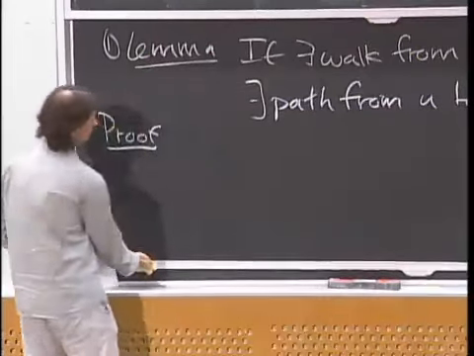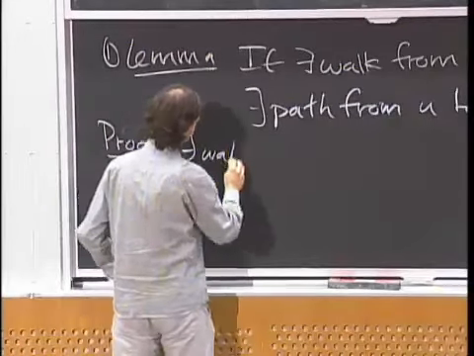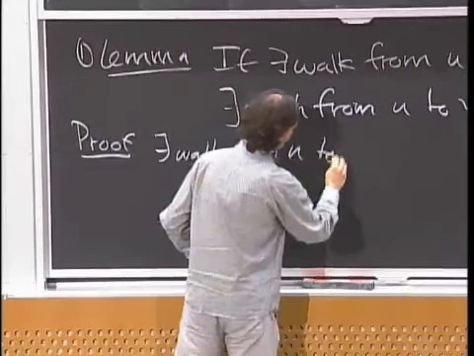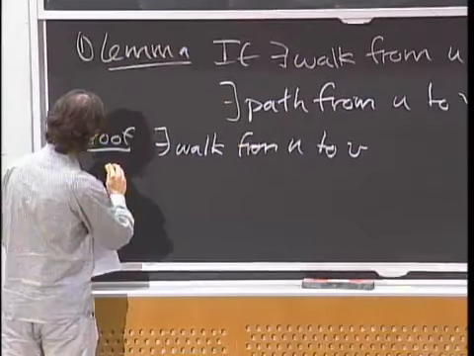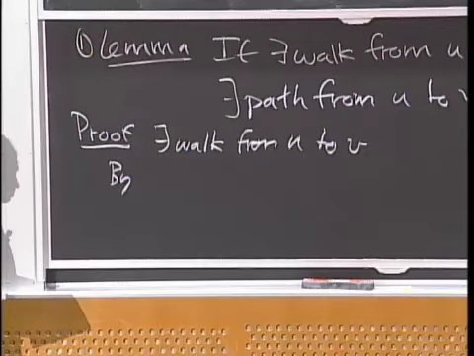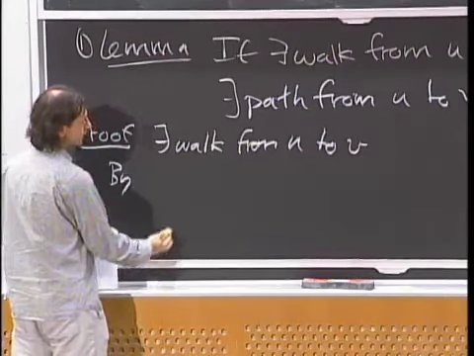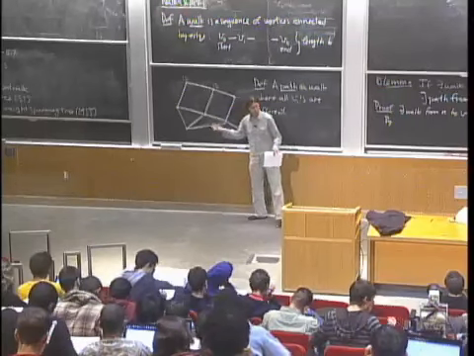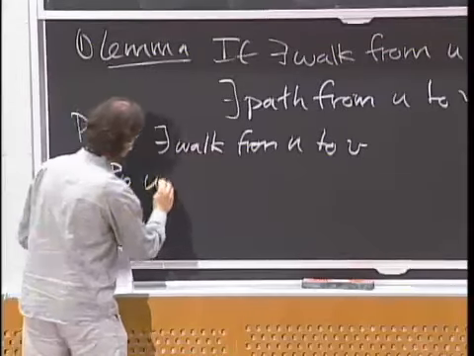So let's prove this. Suppose there exists such a walk from u to v. Then we know by the well-ordering principle that there exists a walk of minimal length. So that's what we're going to use here. And then we're going to go in the same direction as what you were talking about, because you're going to show that it's not possible to delete anything more. Otherwise, if you could do that, the walk would get shorter, and that's not possible, because by the well-ordering principle,